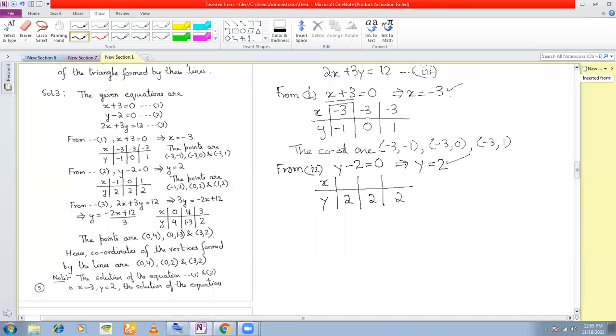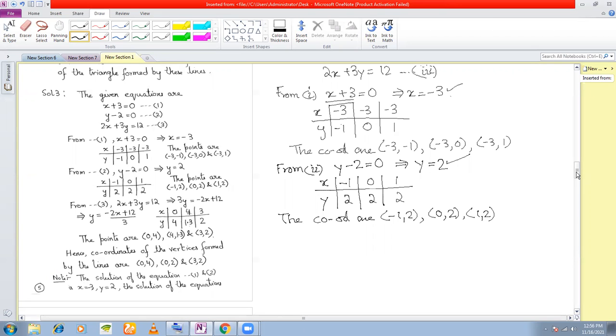Whatever values you take, even if you are taking 10 values, you will have to take the values of y as equal to 2. Okay, so all the values of y are 2. Now the question is which value of x you take. Again, you are at liberty to take any value of x you want. But as responsible people, we'd like to take good values of x, right? So we'll take -1, 0, 1. Clear? Yes, sir. The coordinates are (-1, 2), (0, 2), (1, 2).